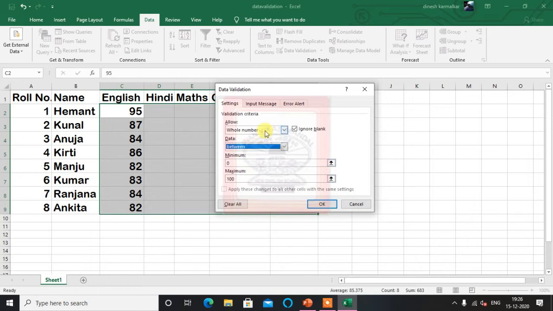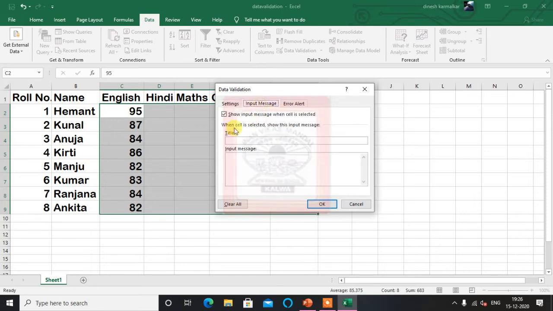Now for this I will go to the Input Message, and here I have to give the title. I will give the title as Validation. You can give any title, like Validate Marks or something. In the input message I can give a message to those who are typing, about what kind of marks are needed here.